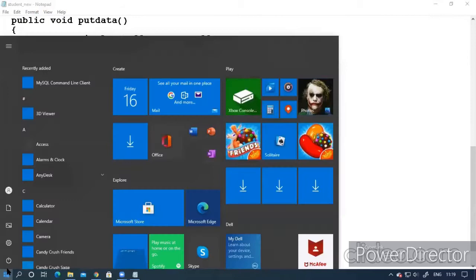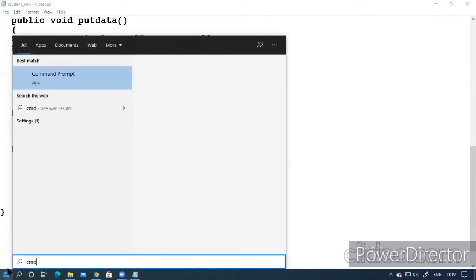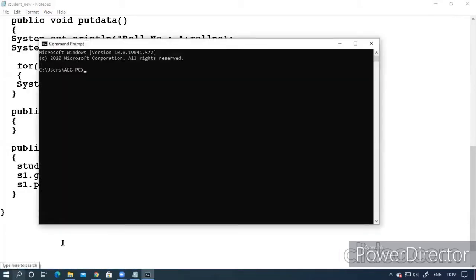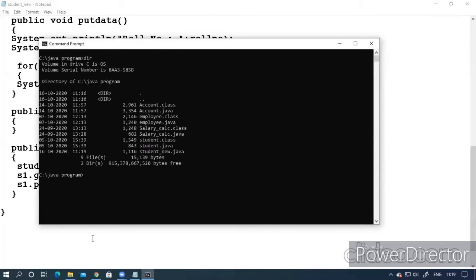Now again I have to go to CMD. So cd, I have to go into my Java program folder, then javac Student. If you want to check whether the program is available or not, you can use dir. So you will find this student_new.java.